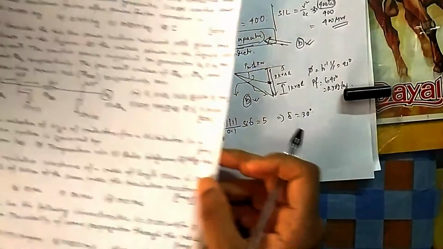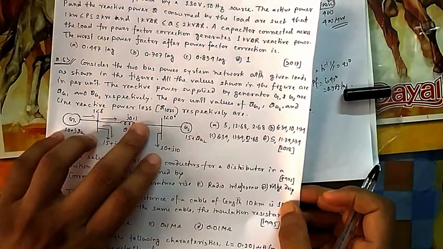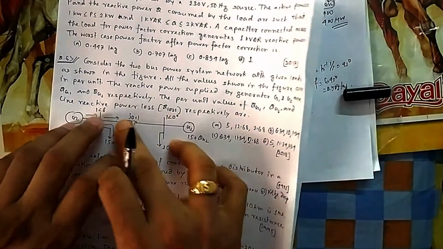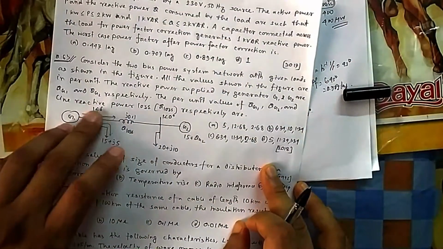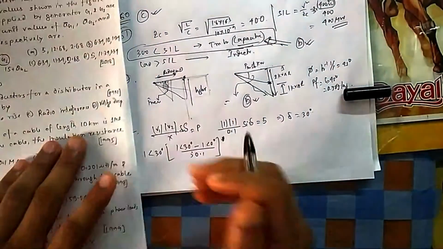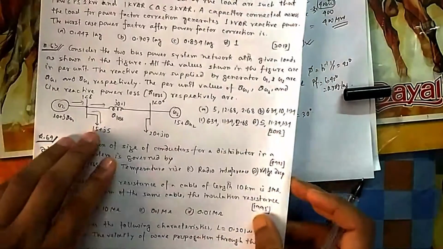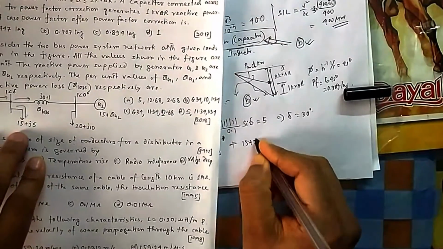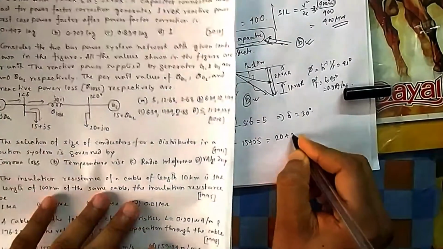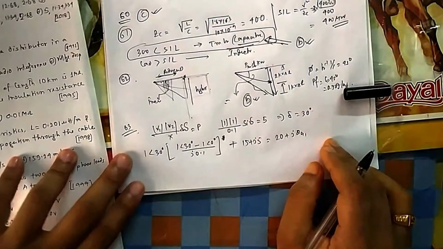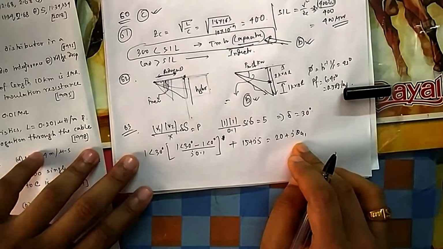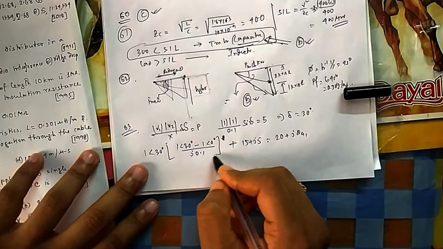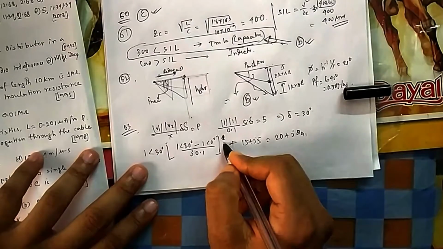This is VI star. This is which power? The power that is going out through the transmission line. V minus this divided by this will give you this current. So V into this current is how much power is going out of this bus, plus how much load is also going outgoing. Outgoing equal to incoming. So it is 15 plus j5 is equal to incoming, which is 20 plus QG1. You can easily solve it. If you solve it, you will get QG1. I have shown you how to solve it. If you take the star, it will be minus 30 and this will be minus j. If you take it upside, then it will be again plus j.